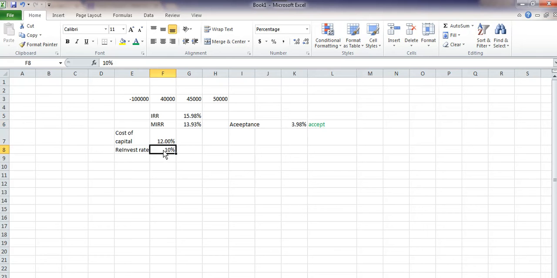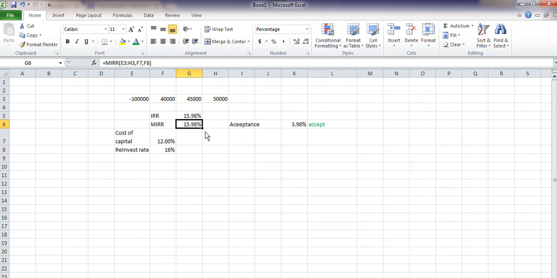Now we consider different reinvestment opportunities and different costs of capital. Suppose here the reinvestment rate is lower than the IRR. That's why MIRR here is 13.93%. That is more practical. IRR and MIRR would be the same if the reinvestment rate were equal to IRR. You see, only in this case, where the reinvestment rate is assumed to be equal to IRR,